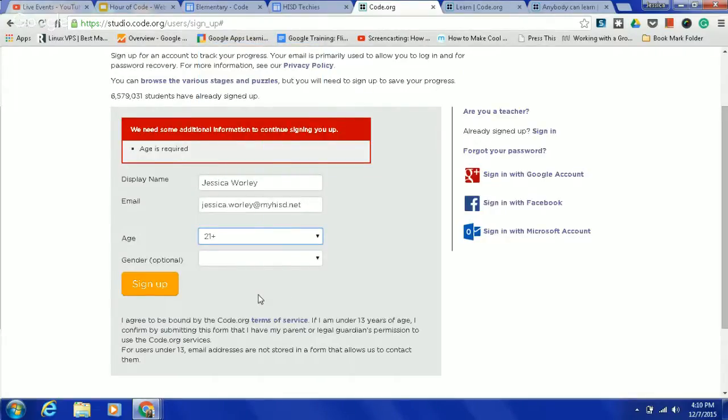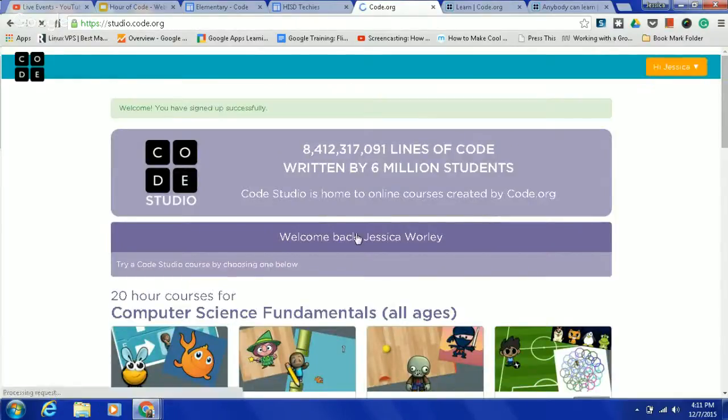You can decide to give a gender. This is just so they can figure out how many boys, girls, men, and women are using the website. You don't have to give the gender, as it says it's optional. If you do not want to select it, that's fine. Just click on prefer not to answer, or just say that you're male or female, and then you go to sign up. And so now here we are.